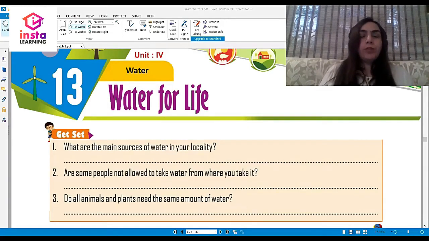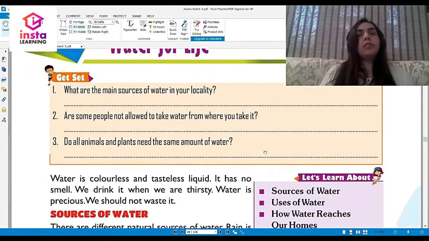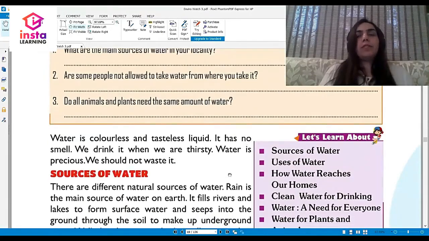Children, after doing the previous chapter on the food that we eat, logically, the next best chapter to do was to talk about water. What are the main sources of water in your locality? Are some people not allowed to take water from where you get it? Do all animals and plants need the same amount of water? We are going to explore the answers to these questions, and the other subtopics that we are going to take